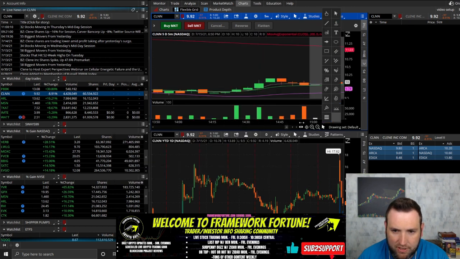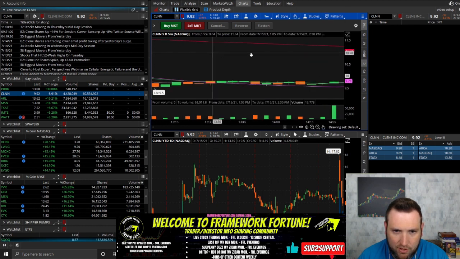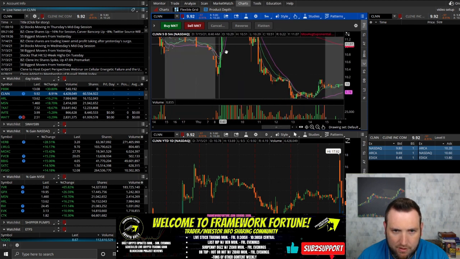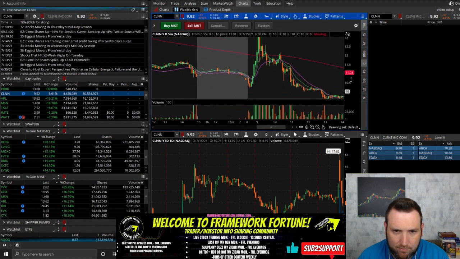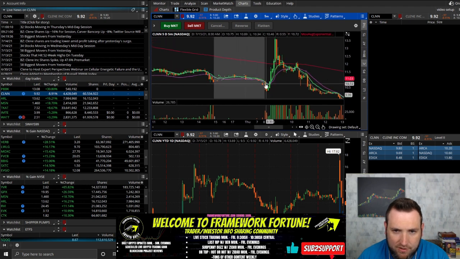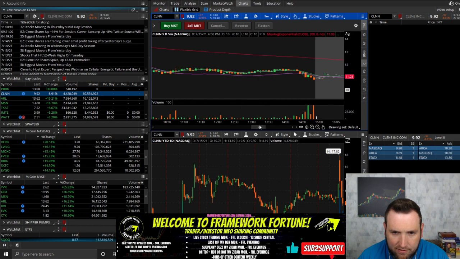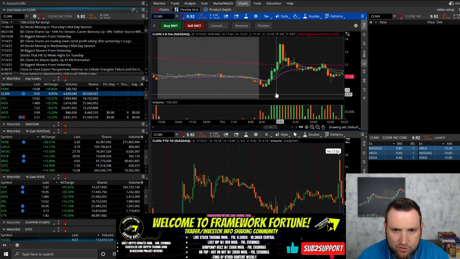Now if you need to change any of your tools, right here this button's easy to click. You can go to this grab tool. Sometimes these charts get away from you. It's really annoying, but at least with the grab tool you can do what you want. So now that we got that on there, you can see how it's working and how on CLNN today this strategy is usable. So you want the green line, that 10 moving average, to be over the purple line